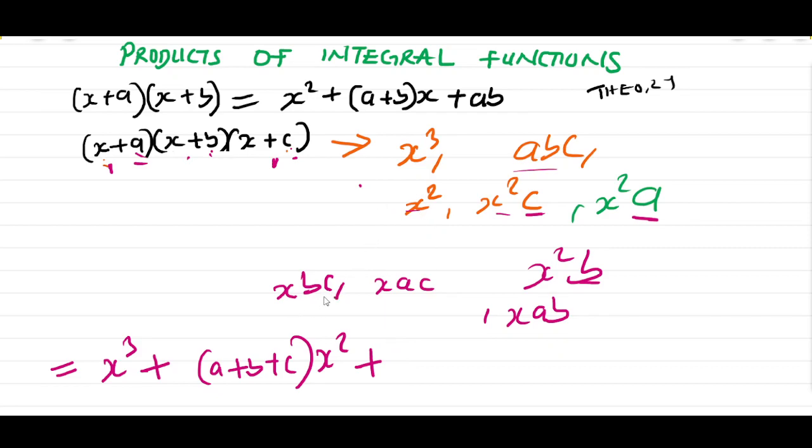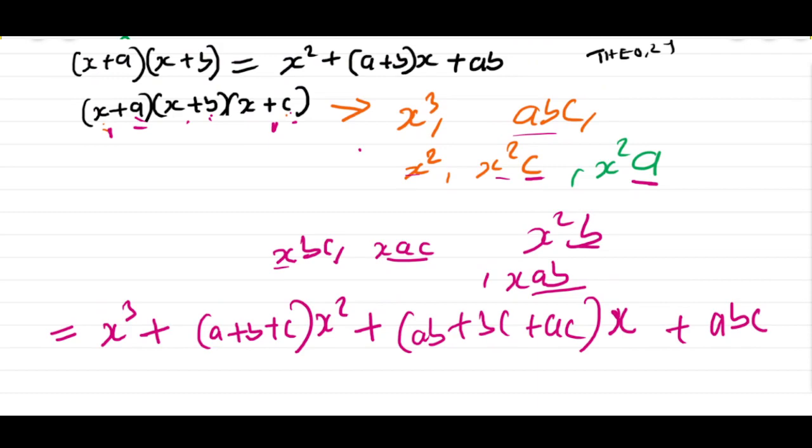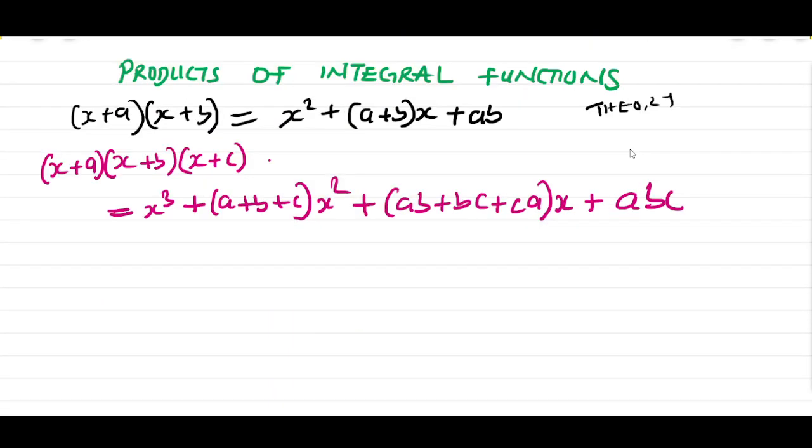Here we have the x, but we have ac, ab and bc, so we have ab plus bc plus ac, all multiplying x, and then the last part will give abc. So this is how we expand this product. Let me put it here. We see that we have shown that x plus a, x plus b, and then x plus c,